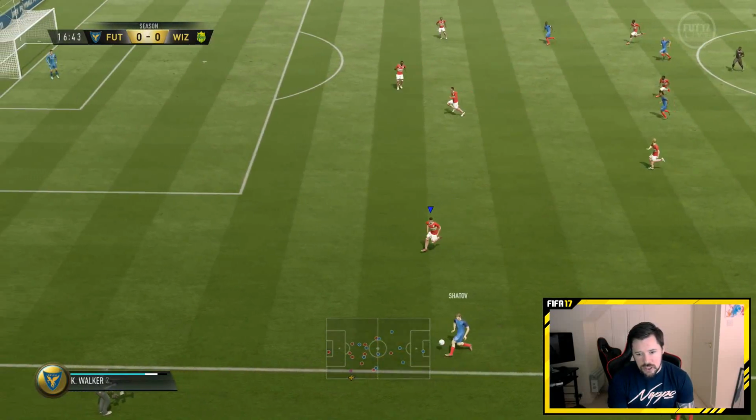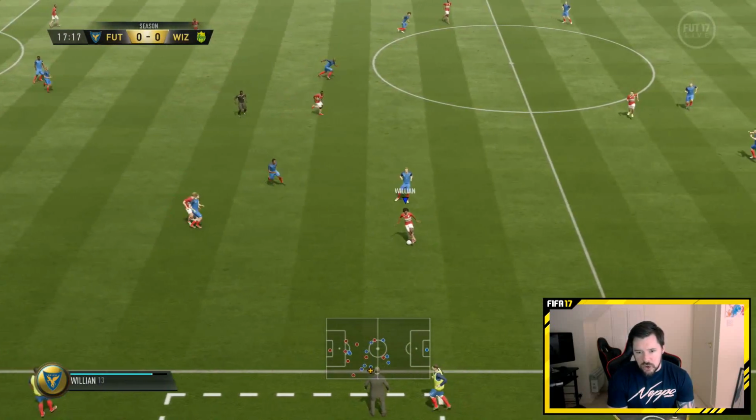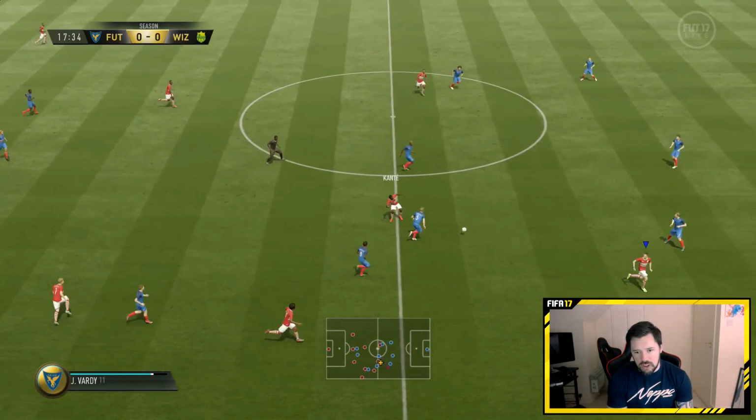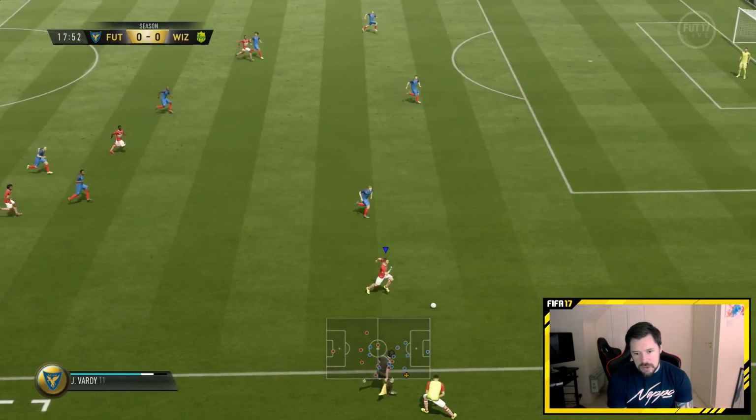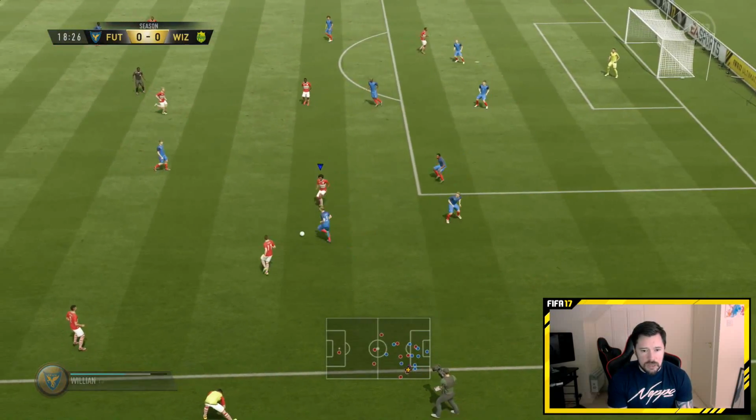Walker against Shatov. I wonder why this guy's got Hernandez instead of Smolov at striker. He could quite easily go and get the SBC Smolov and have himself a great time. Maybe use his Hernandez at striker. It's not like he can't afford it either because he's got a legend that, unless untradeable, he could...